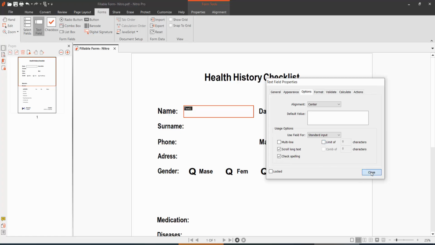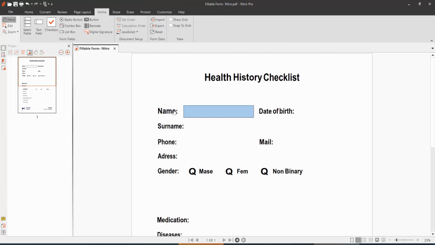Now select close and select hand option and type text, and see this, a fillable text box is now created. In this way also I'll add another one